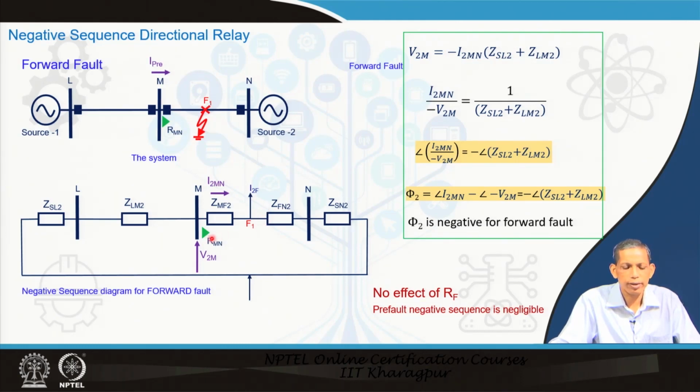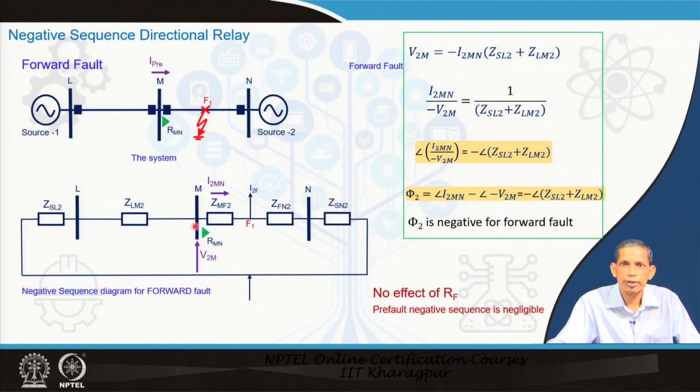So, what we see is that the corresponding I2F flowing through the fault will be divided in terms of the corresponding impedances of the source, line and so on. For this sequence diagram, for this forward fault in this network, we have only negative sequence, no positive sequence, no zero sequence in this portion. For this network, you can write down V2m,